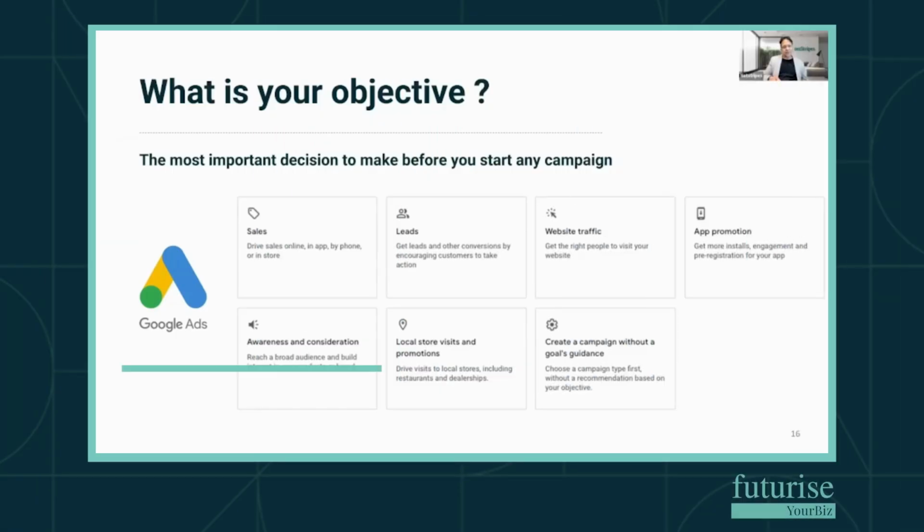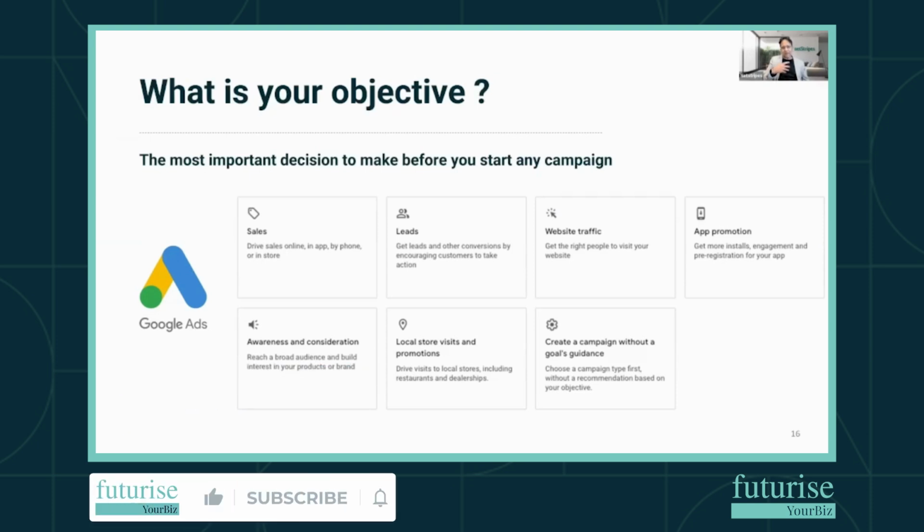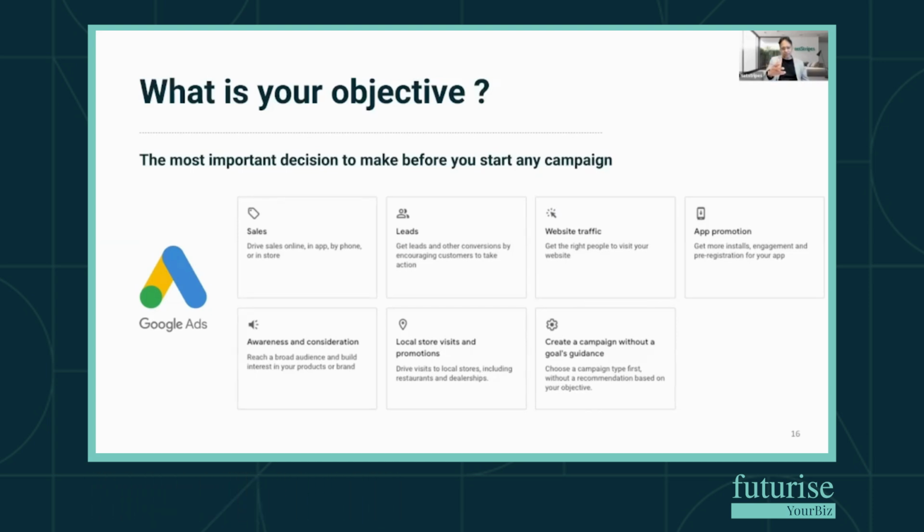So before you start an ad, you need to know the objective. There are multiple objectives you can see here. For finance brokers, a lot of the time, it's the leads that are the most important, and those lead generation ads could be an objective. If you're not sure, create a campaign without a goal. Guidance could be used, and that will use a lot